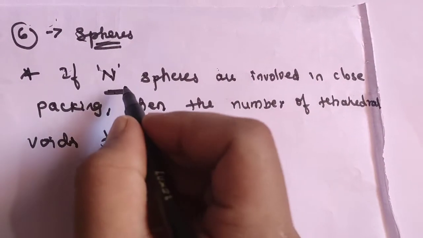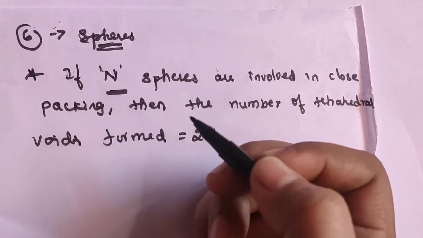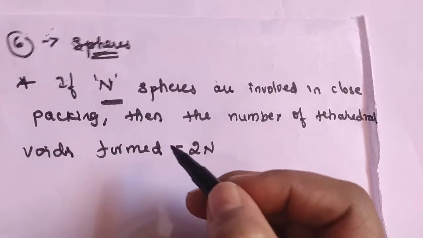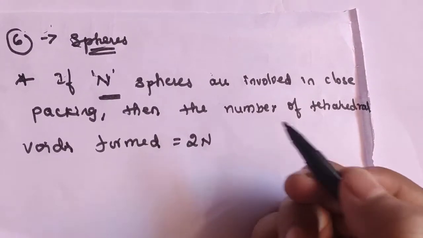Means if n spheres are involved in a close packing, then the number of tetrahedral voids formed is equal to 2n, and